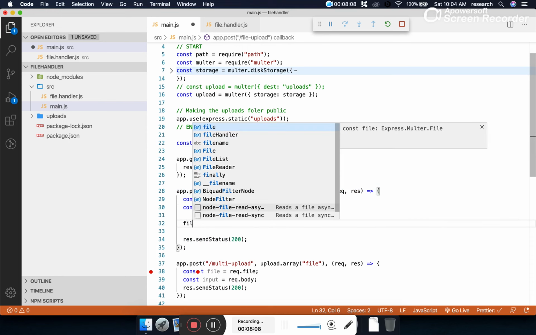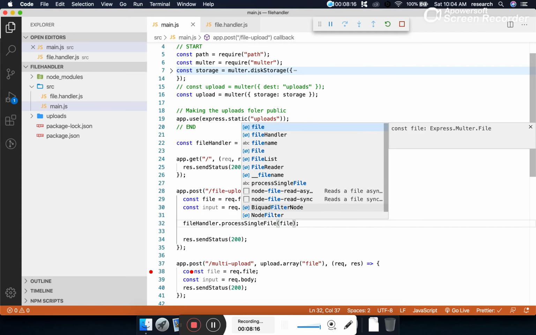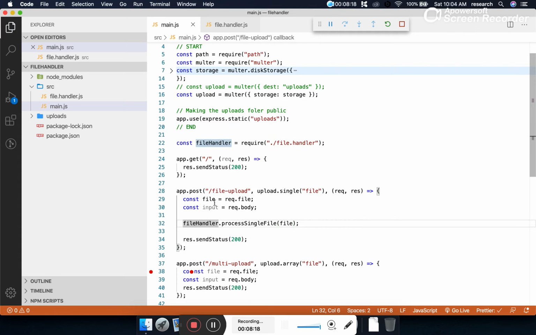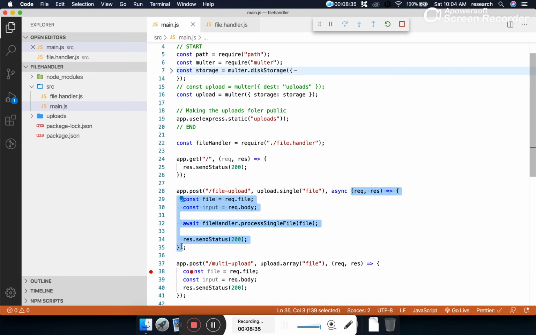Before returning the response, it's called file handler dot process single file. And what we will pass here, this file object. Why are we passing this file object? Because we want to save the information about this file into the database. And since this method is asynchronous in nature, we'll wait for the response, and we'll make this callback method async.